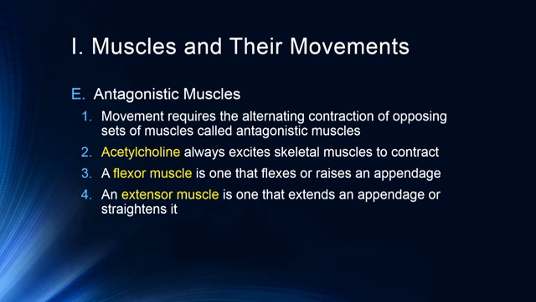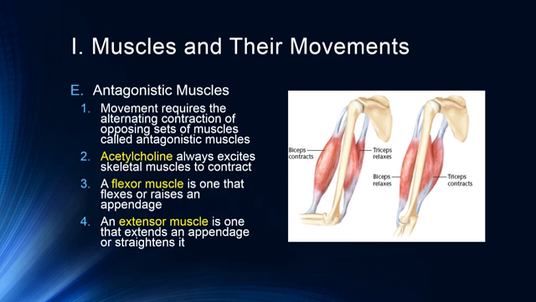So your triceps are on the back of your arm, and so if you've done tricep extensions, or just think if you're standing upright and you're swinging your arm backwards, say you're going to stab somebody behind you, that would be an extensor muscle. So if you were pulling your arm up to stab somebody in front of you, that would be a flexor muscle. If you're reaching back to stab somebody behind you, that would be an extensor muscle.